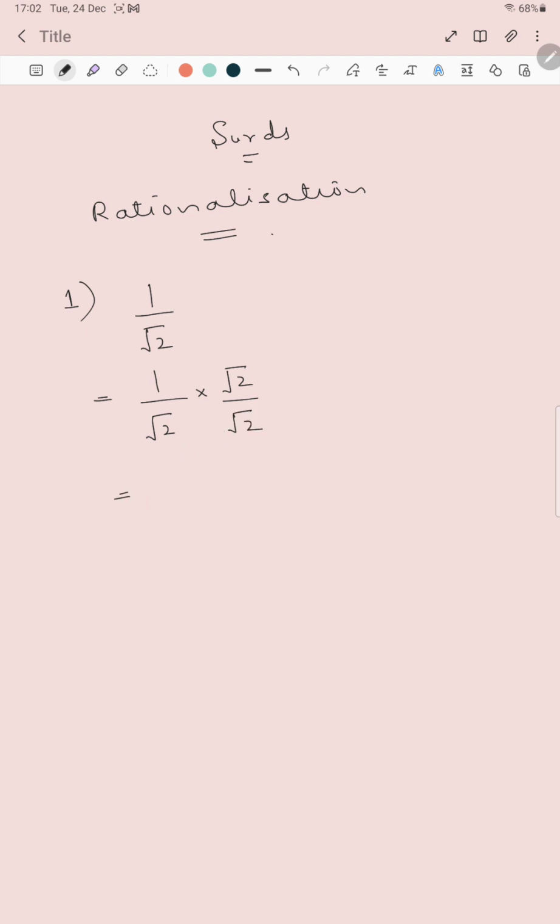So, 1 into square root 2 is square root 2, divided by square root 2 into square root 2. It will be square root 2 over square root 2 into 2. So it will be a pair. So the answer will be square root 2 divided by 2. In another example, if we have